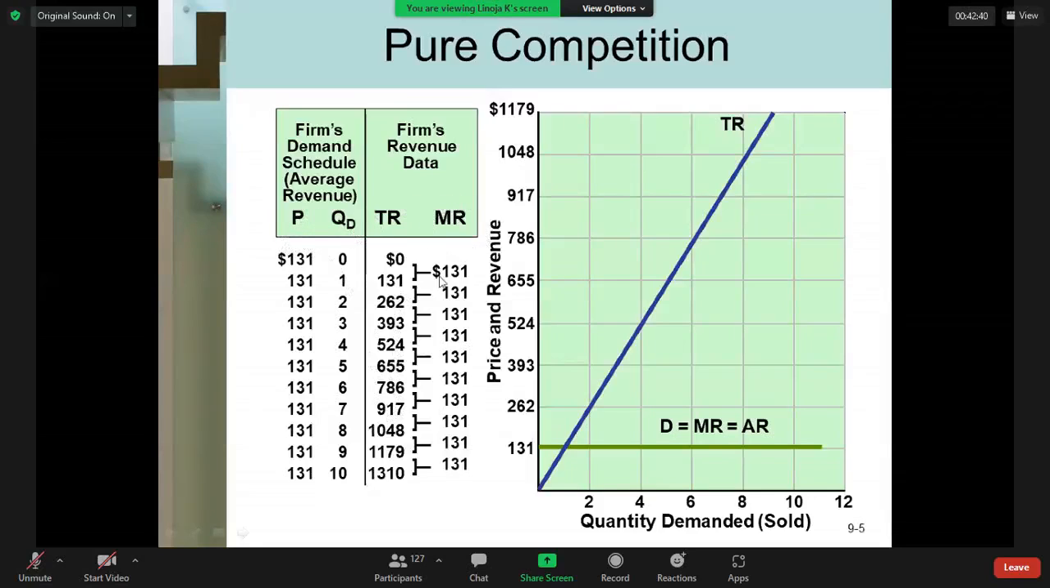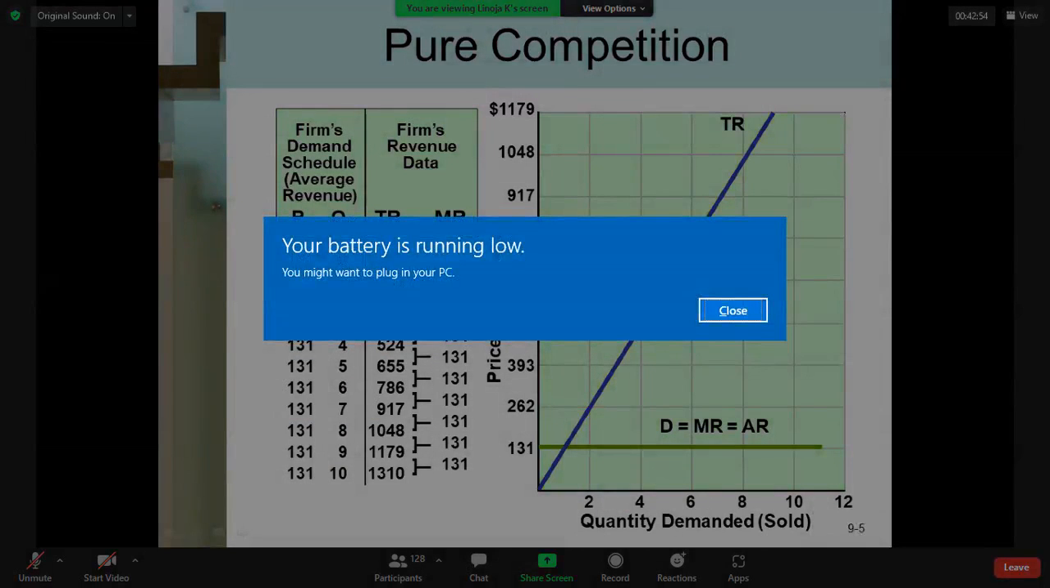Then marginal revenue, that is the additional, one more additional value over the previous one. Or you can say the difference between the two successive values, right? Two successive values, 131 to 262, that is 131. Then the next two values